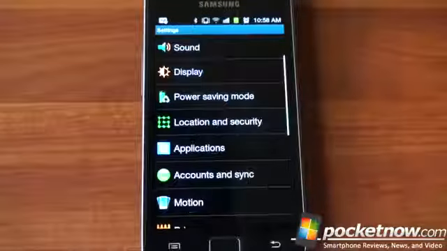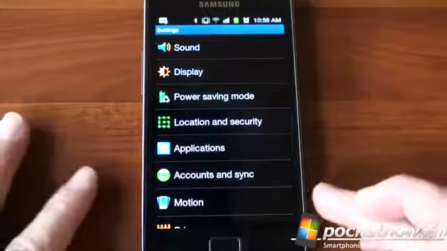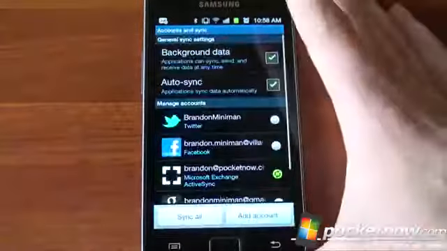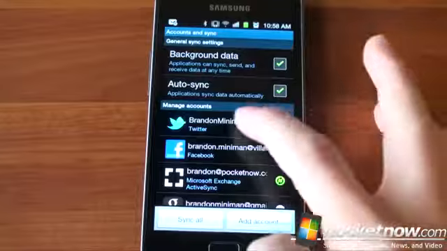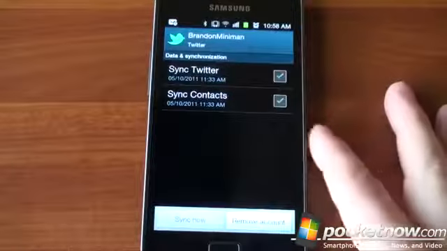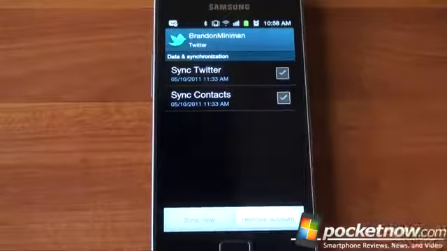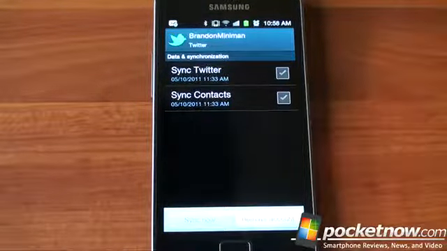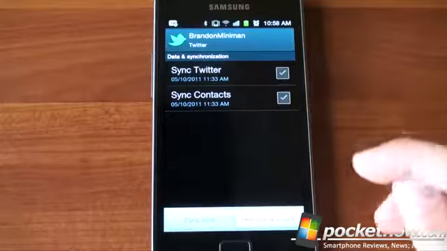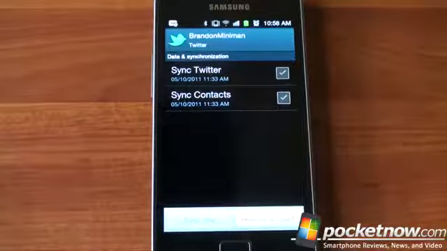And finally, number 7 is reduce the amount of data updates that occur on your device. The way you can get to this, Android makes very easy. Go to Accounts and Sync, and this will show you all of the accounts that are pulling data on a regular basis. Apps like Twitter and Facebook automatically add an entry here, and by default they turn on, which is kind of silly. So you'll find your tweets are updating automatically, but that's slowing down your device. You could be checking your email or browsing the web while Twitter is reaching out and pulling down updates, which will slow down the primary task you're doing.